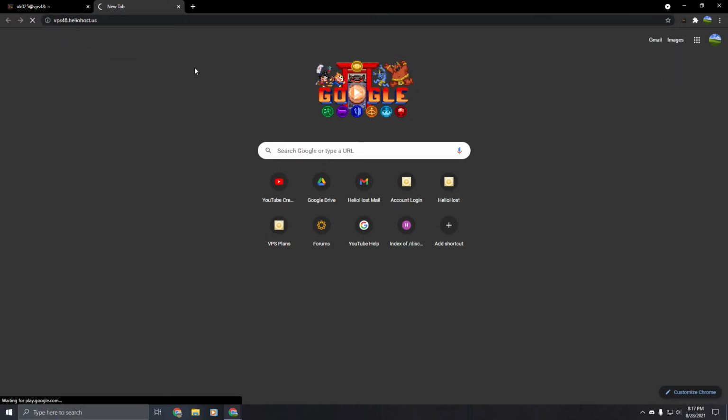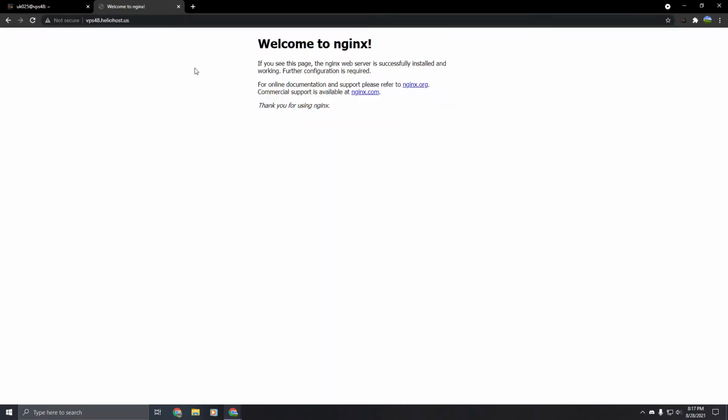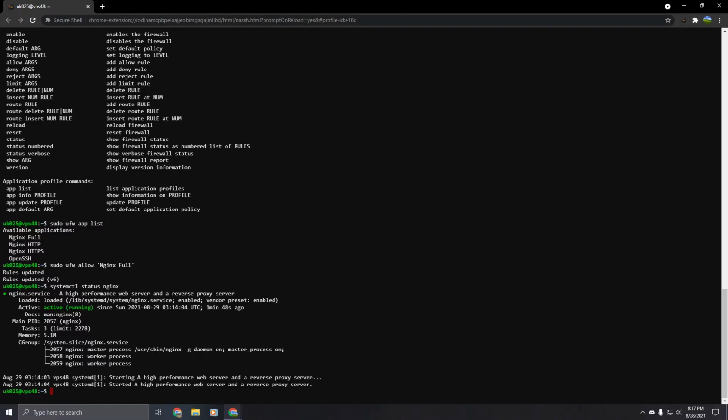If you aren't able to view the default page from your browser, you can check if NGINX is working using systemctl status nginx. All that's left is to configure our NGINX server block, which is somewhat similar to Apache's virtual hosts. Let's create a new folder for our live content using sudo mkdir -p /var/